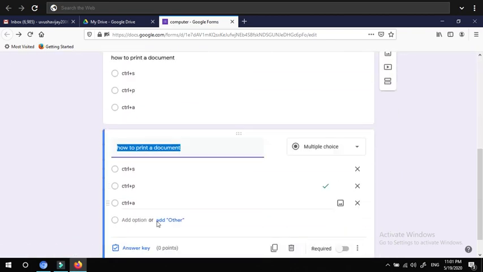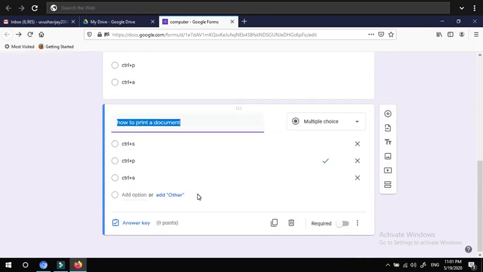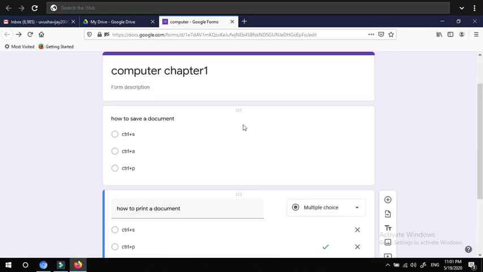Can you see that? How to create a printed document, and the same thing is repeated here. If you want to remove this entire question, you can click delete. And this required is, when I make this required as enable, it is compulsory the student should attend this answer. Without attending this answer, they are not able to move to the submit option.